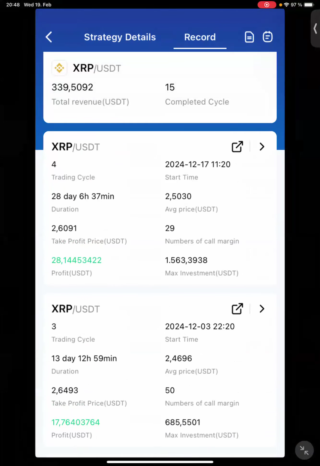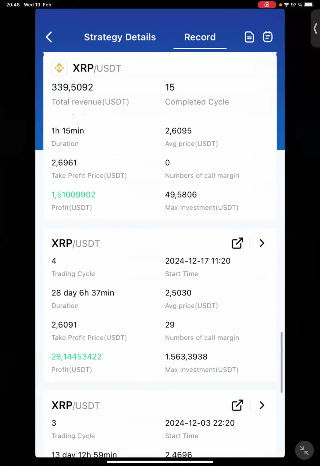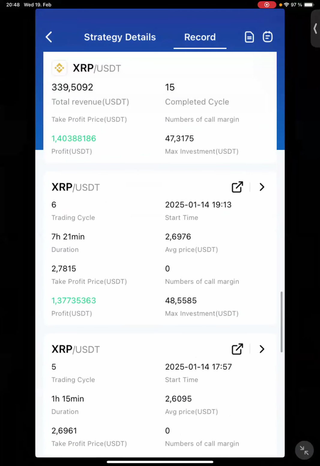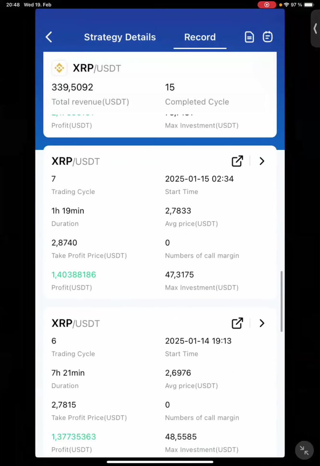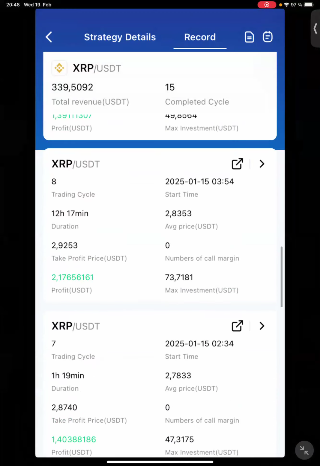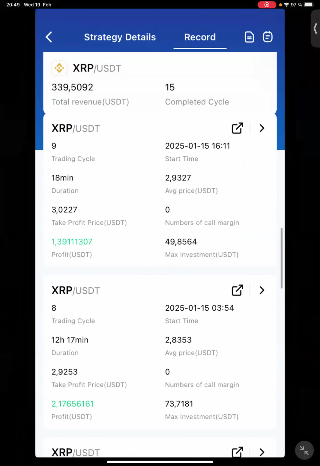Then plus 28.1 plus 1.5 plus 1.4 plus 1.4 again plus 2.2 plus